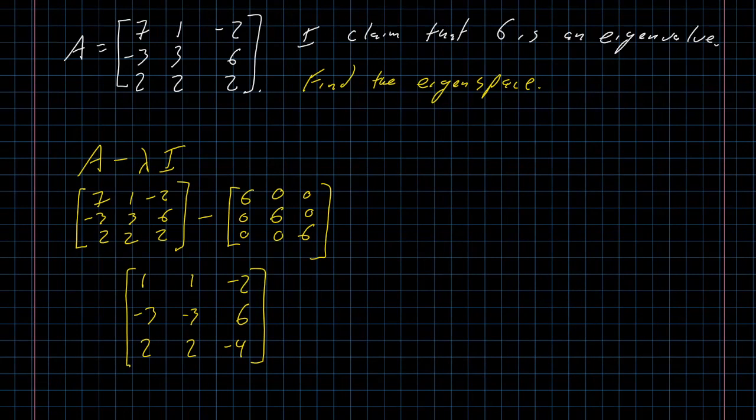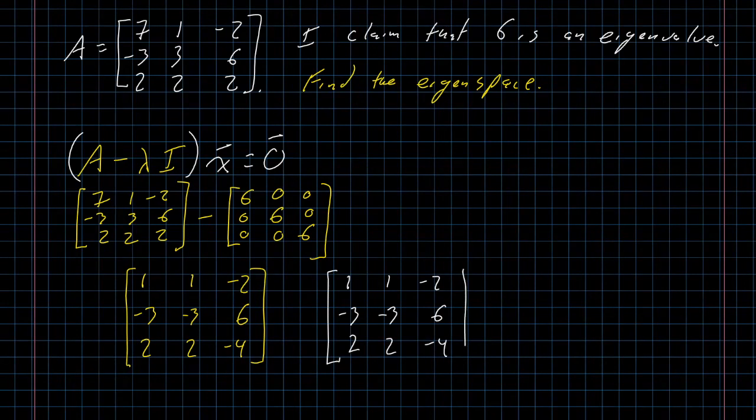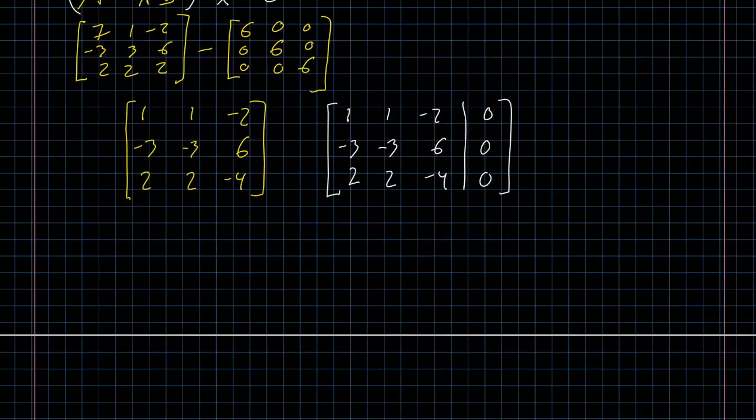We want to find the set of values where if we take this and multiply it times x, we get 0. So I'm going to take this matrix and I'm going to augment it, putting the 0 vector in, and then I'm going to solve the system using Gauss-Jordan elimination. This one is actually very straightforward in that regard. If I take row 2 plus 3 times row 1, and I take row 3 minus 2 times row 1,